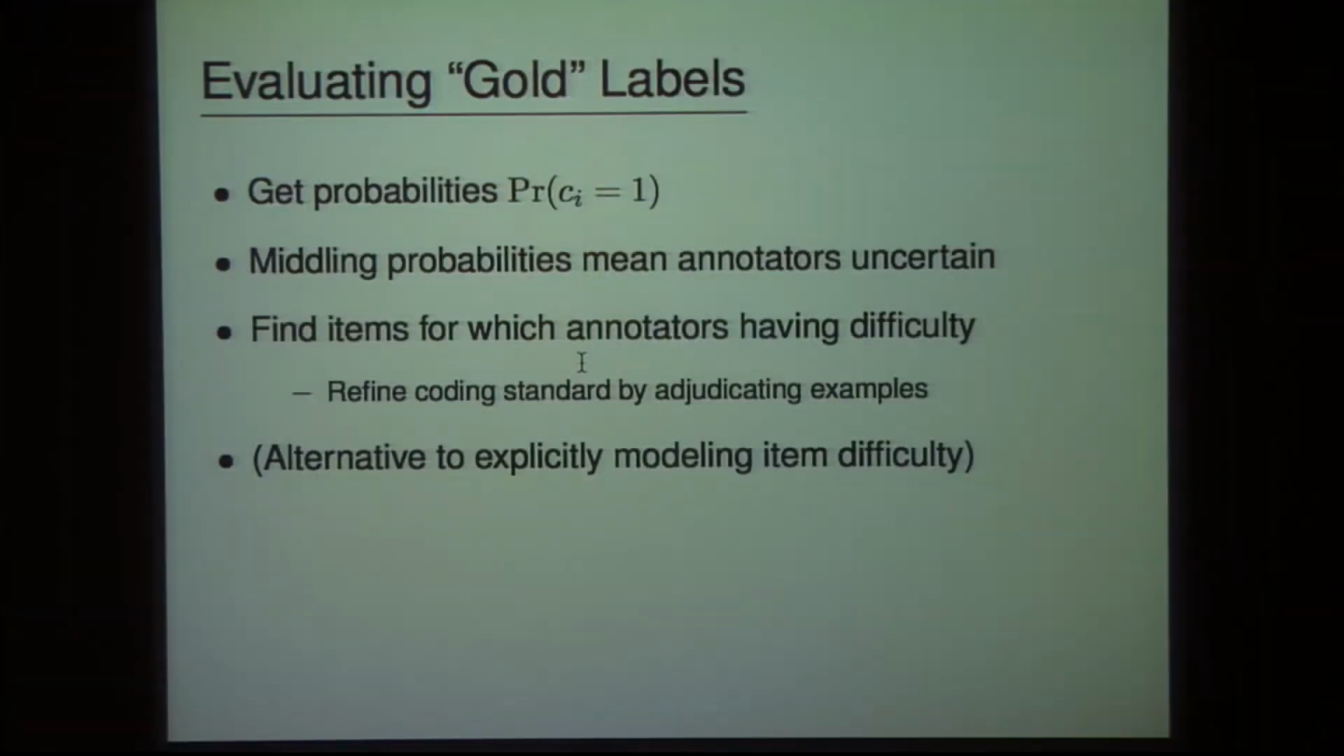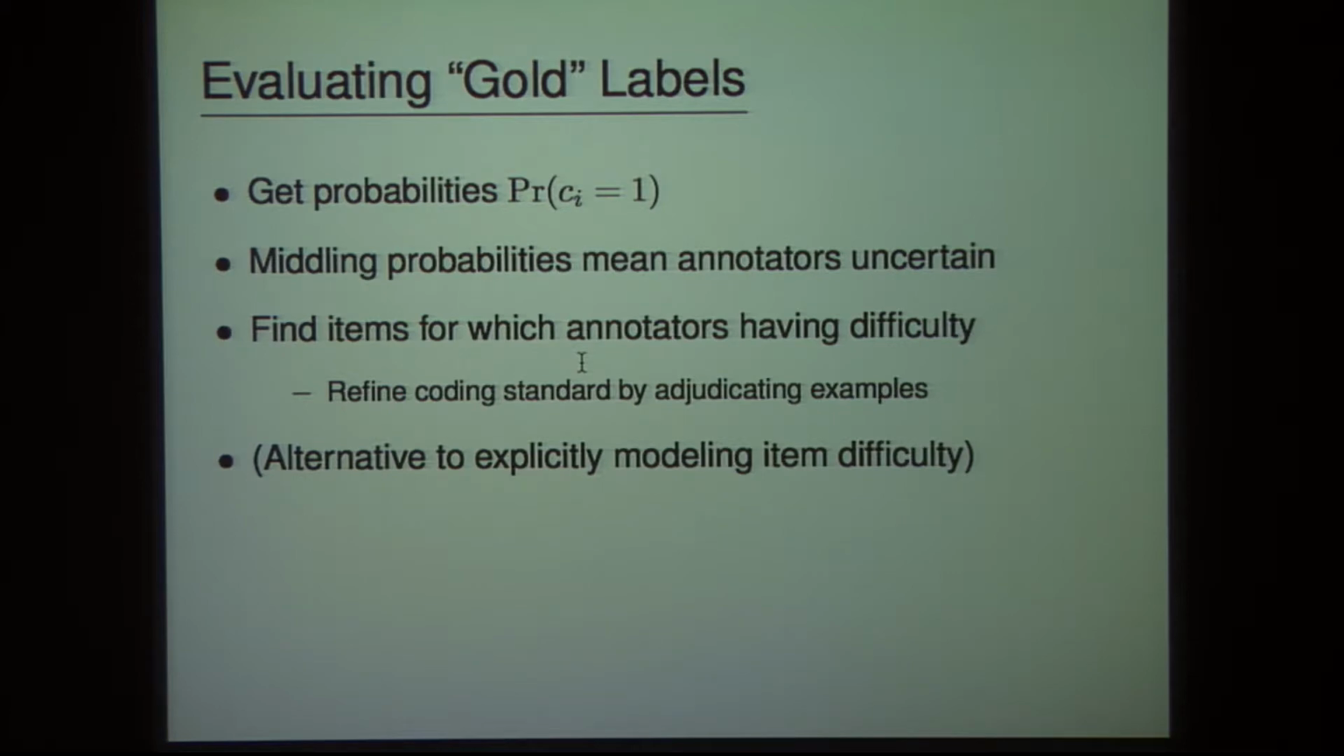So the other thing we want to do is evaluate the gold labels. We want to actually get the probability that categories are equal to 1. I was sort of talking about this on the last slide. But particularly, we want to find items where annotators are having difficulty. We want to be able to find the items in the corpus that are proving hard to annotate and either look at our annotation standard, or we can just give up and say, things really are hard to annotate. There's no way to adjudicate this thing into certainty and just accept the fact that there's going to be noise